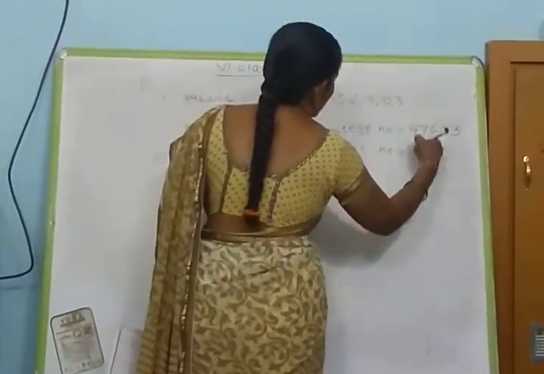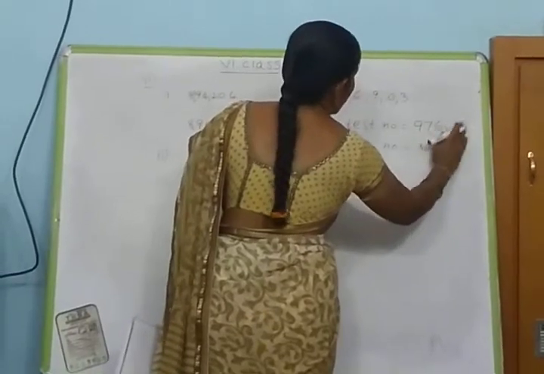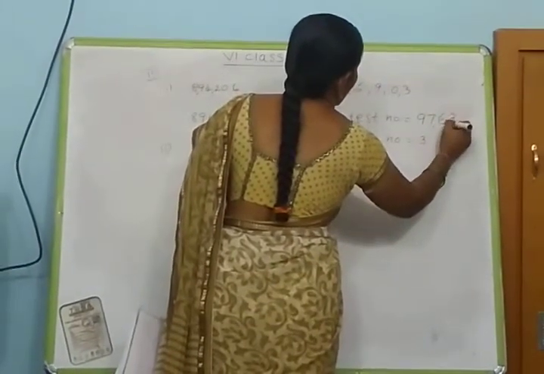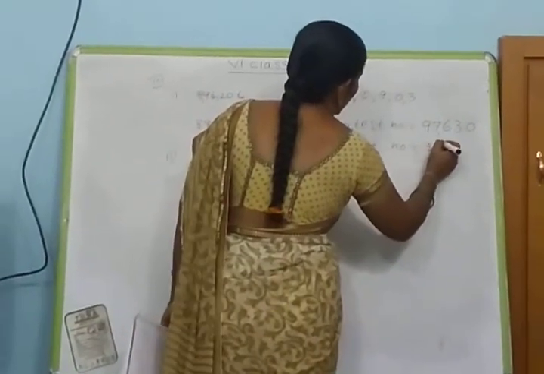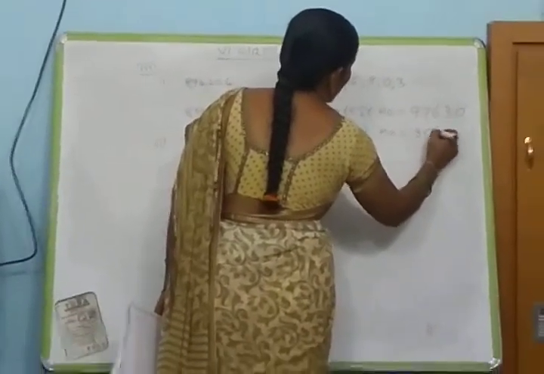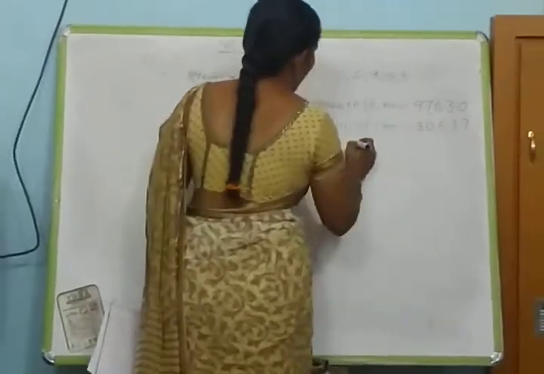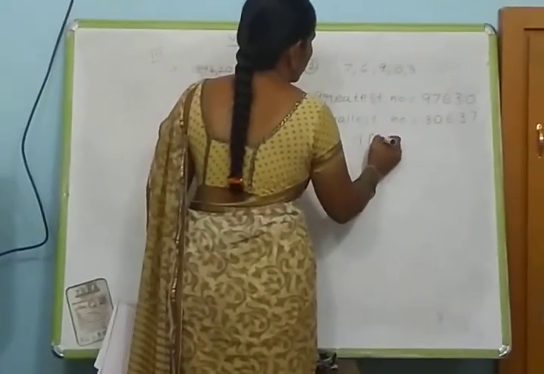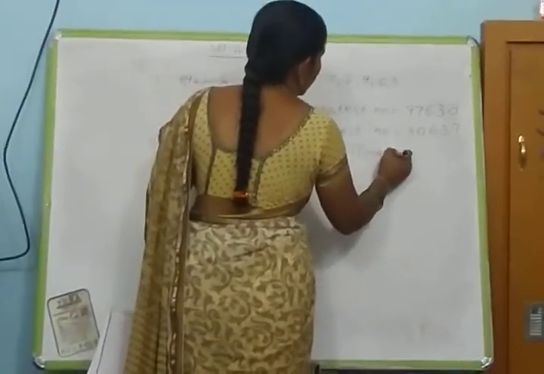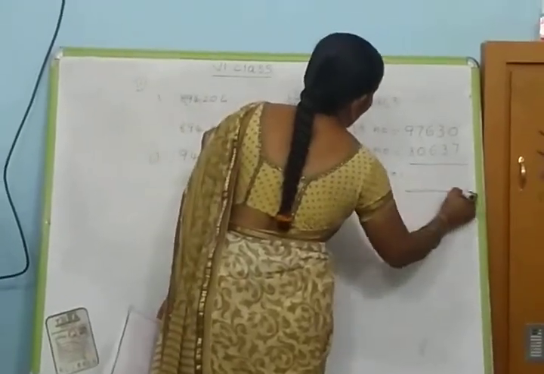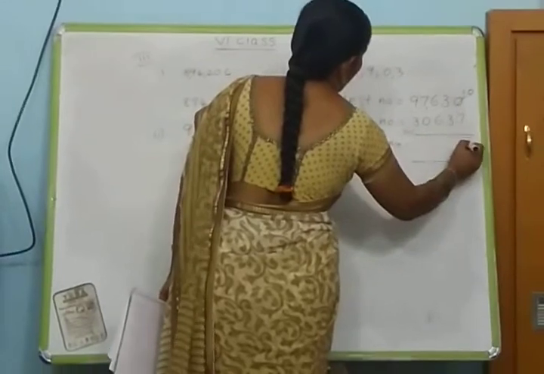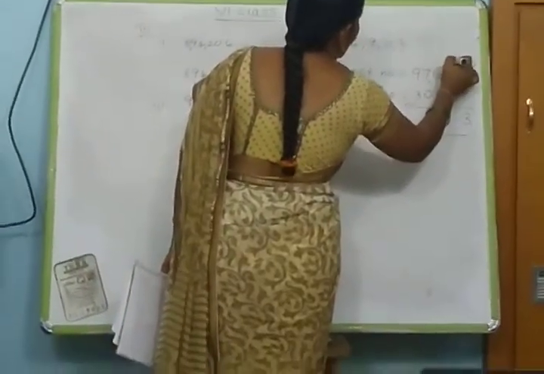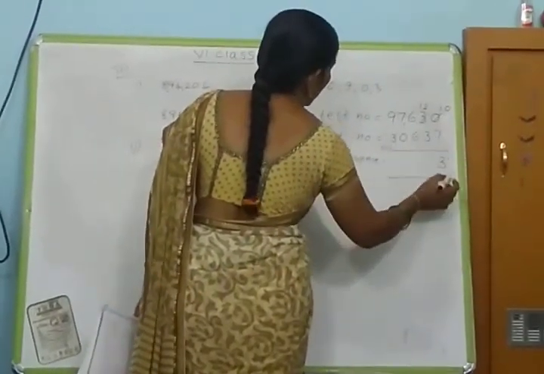For the smallest number, we have to write, here the greatest you will get is 3. Smallest means 0, you should not write first, so 30637. After that we have to find the difference. Difference means what you have to do, children? Subtraction. 10 minus 7, 3. Here 2, 12. 12 minus 3,